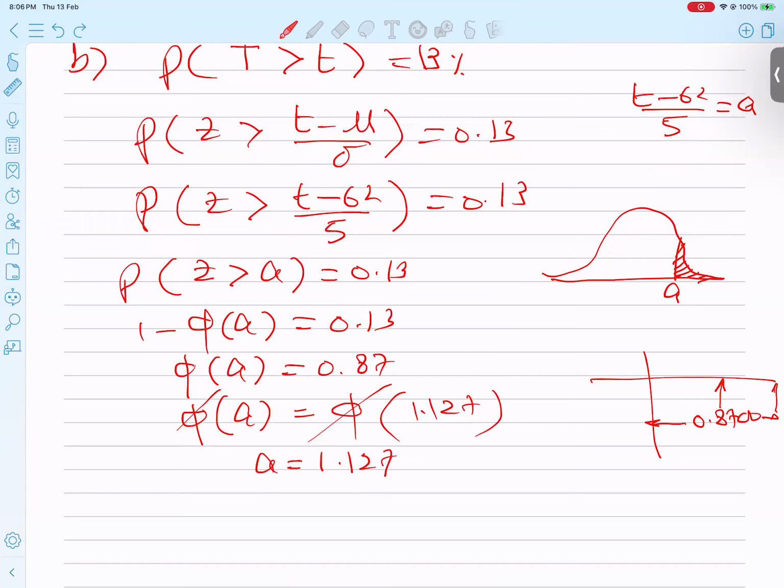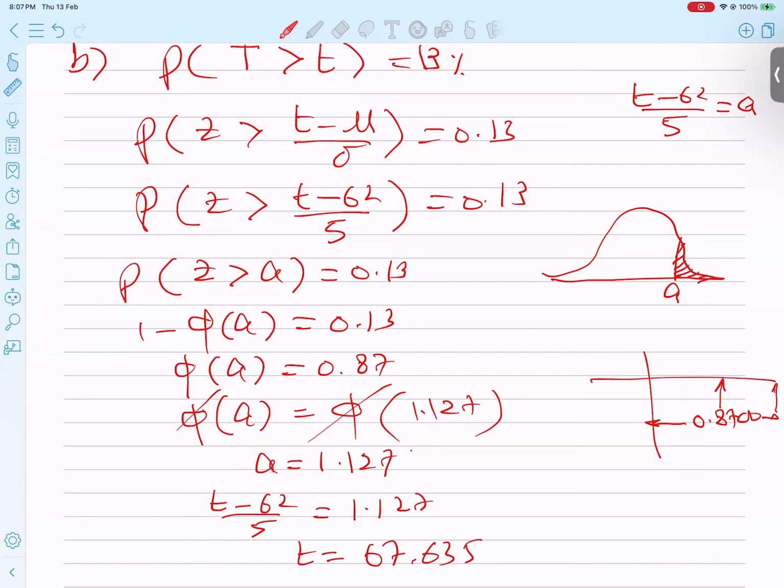Just a minute, please. Complete. This a will go there. So t minus 62 over 5 equals 1.127. And what is 5 multiplied? Let me check it. So 1.127 into 5 and plus 62, I'm getting here